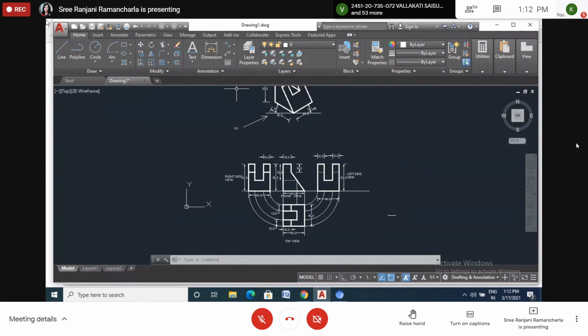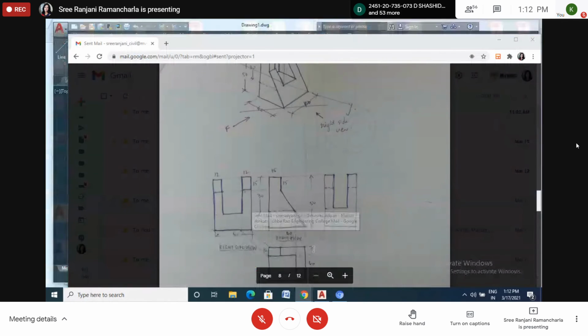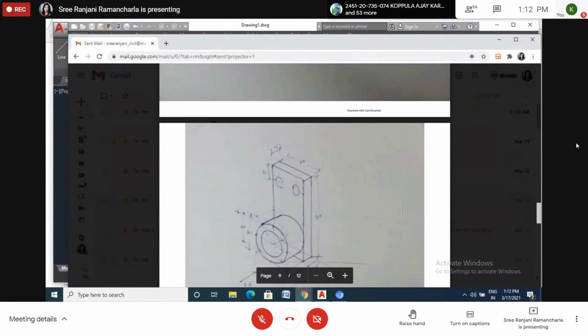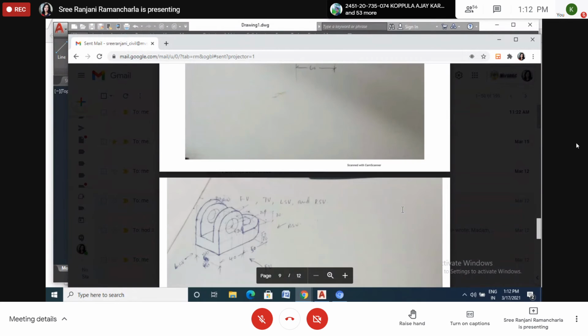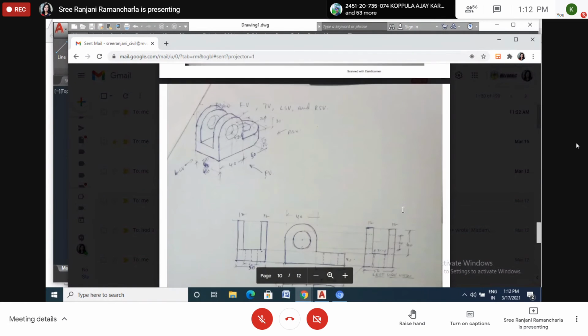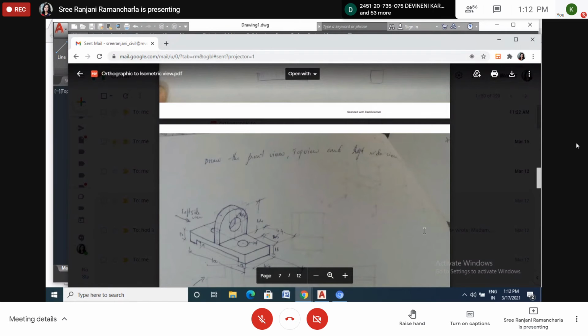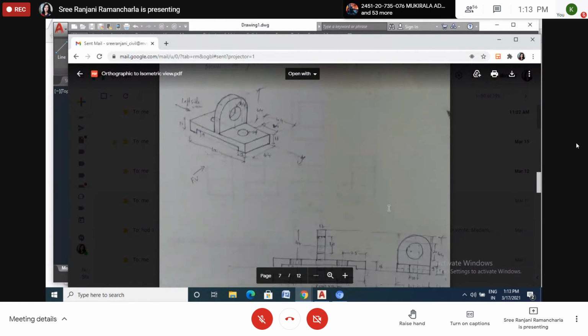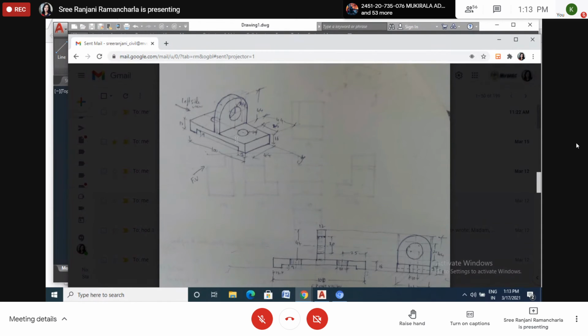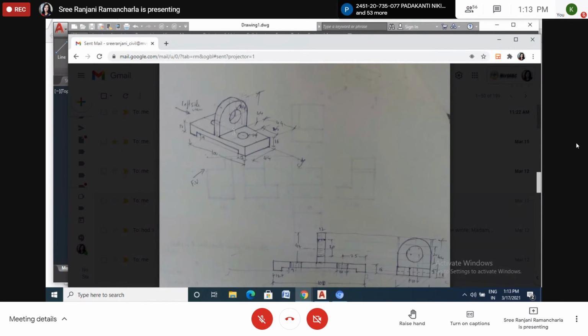Yes, I think this is the sixth slide as per this figure. This figure, I will explain. I will record this figure, how to draw it in isometric view.